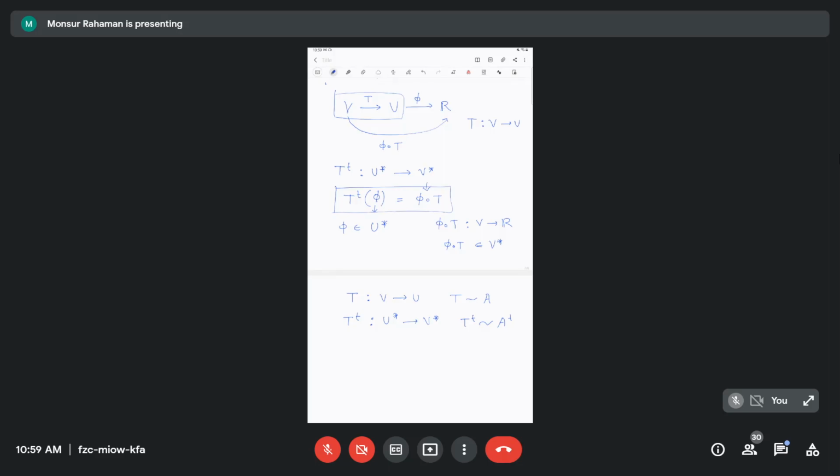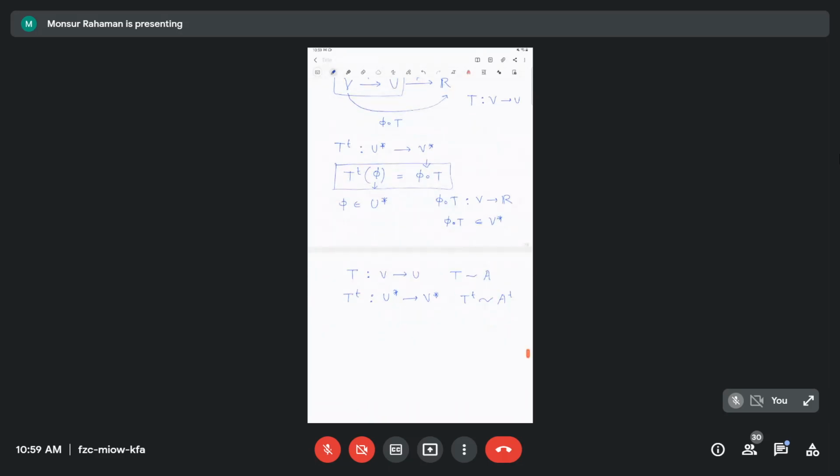So इसमें ज़्यादा कुछ नहीं है. अगर, फॉर एग्जाम्पल, कोई R2 R3 का एलिमेंट ऐसे निकालोगे, तो लीनियर ट्रांसफॉर्मेशन का जो ट्रांसपोज है वो कोवेक्टर स्पेस में जाएगा. This is also called a dual space, a covector space. So this is a vector space V to U. T transpose is defined from covector to covector, और उसका ऑपोजिट हो जाएगा.